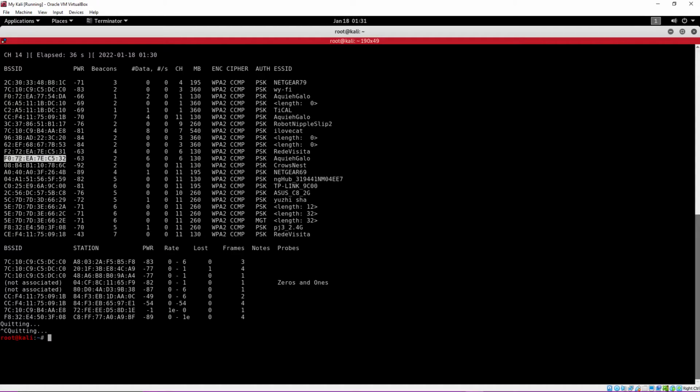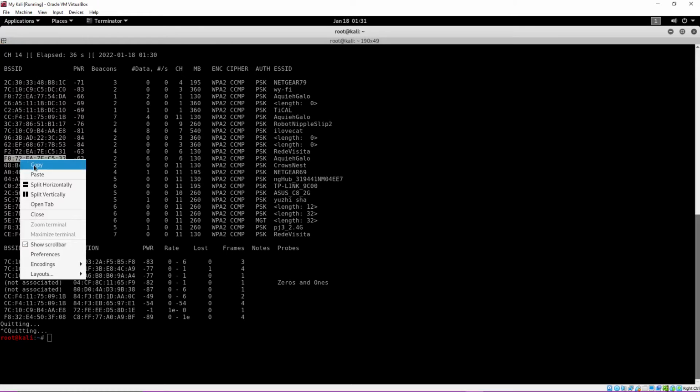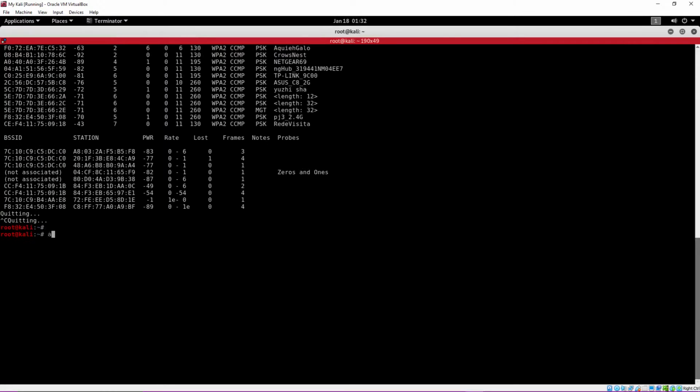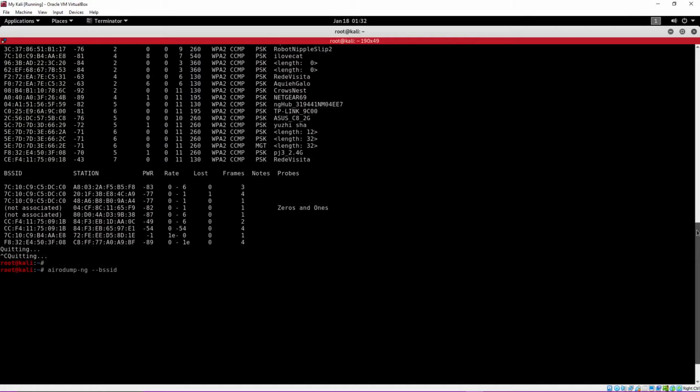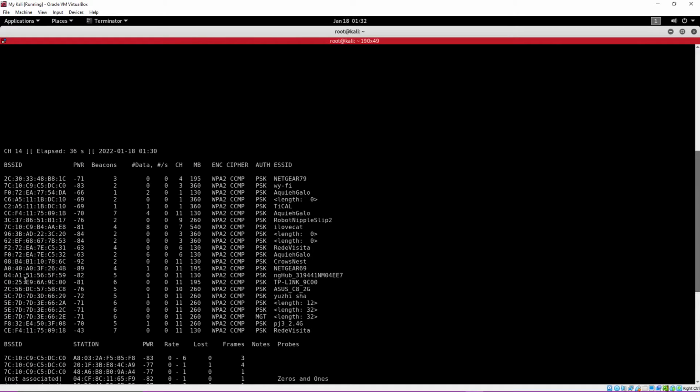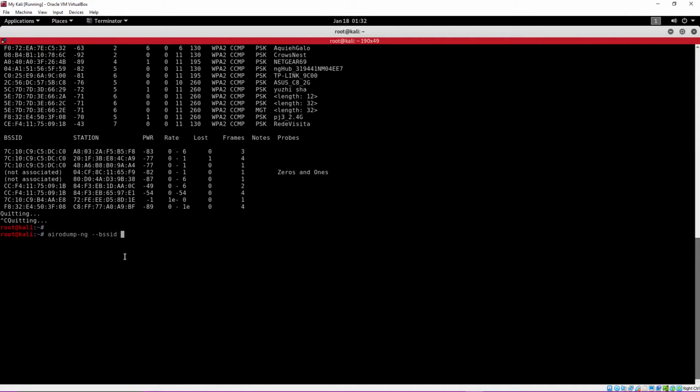You find the BSSID. You right-click it, copy. You do airodump-ng --bssid. This is basically the name, or the MAC address, of your network. So basically any of these, it has the hexadecimal system. So then you do --bssid, you paste it,